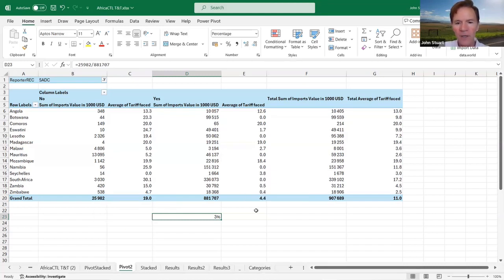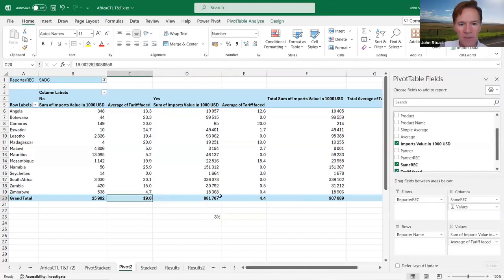Now, if we look at the tariff faced, we see the average tariff faced by non-REC members is 19%. The average tariff faced by REC members is 4.4%. The question came up, and it's a good question: why is it not zero? Because within those two-digit HS categories, you're averaging over possibly hundreds of tariff lines, some of which are naught, some of which are not naught. And so you get a non-zero total, because even in SADC, which is a free trade area, we do not have perfect free trade. We still have some protection, some lines which are excluded, and we should see the same